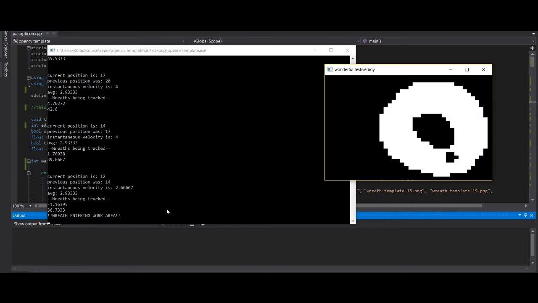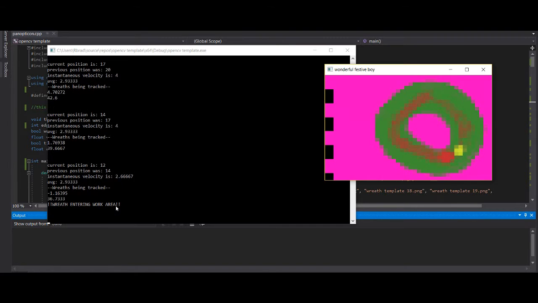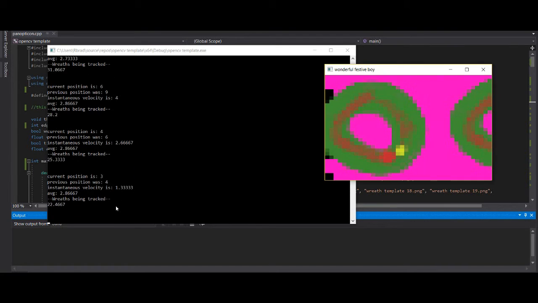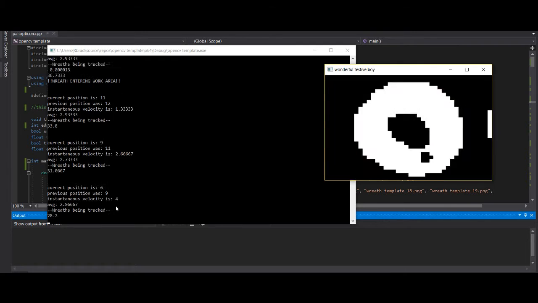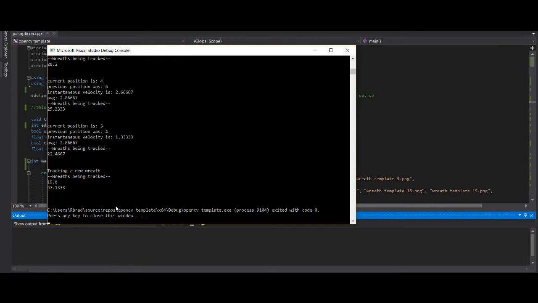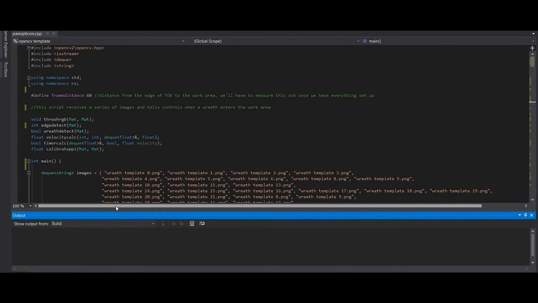Alright, so now we got a flag triggered that says wreath entering the work area. And we can tell that this first one that we'd been tracking has now gone below 0. And then it just kind of keeps going like that. And that's pretty much the gist of the program so far. Alright, so